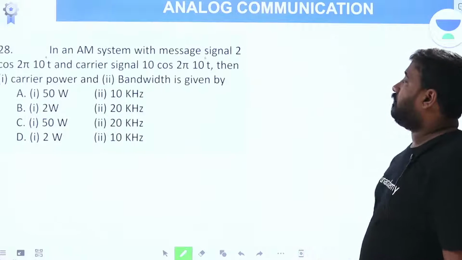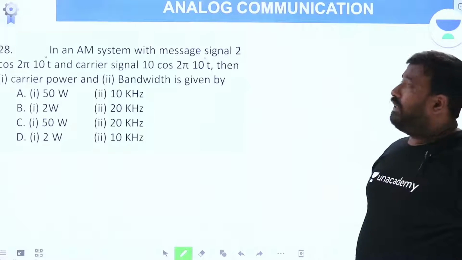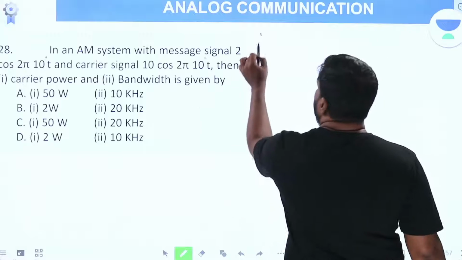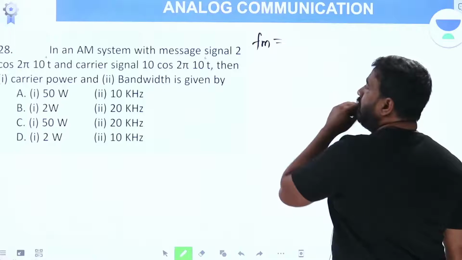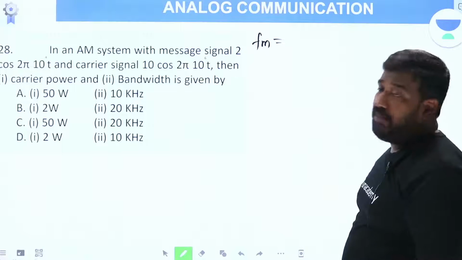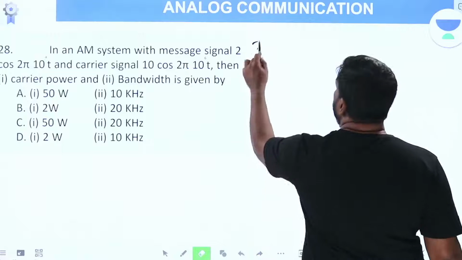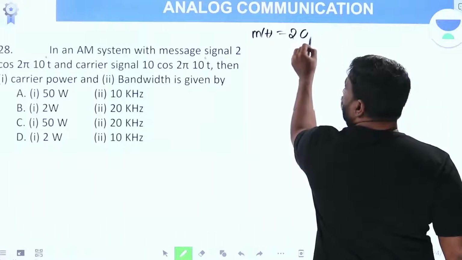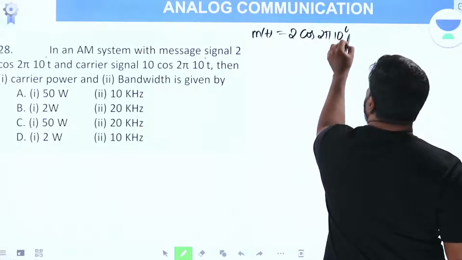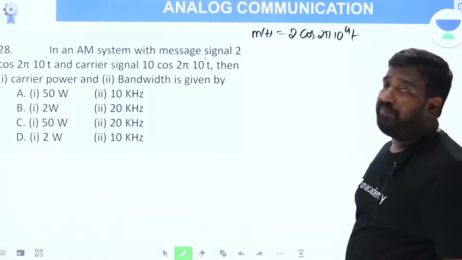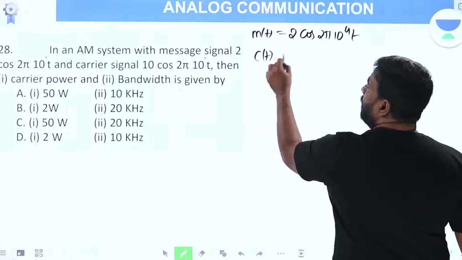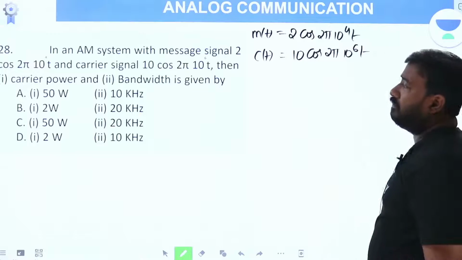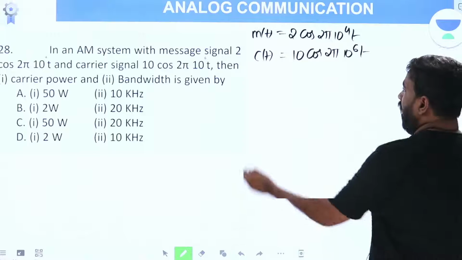Next, in an AM system with a message signal, let me take m of t. m of t is given as 2 cos 2 pi into 10 power 4 t. The carrier signal is given as 10 cos 2 pi into 10 power 6 t. Then find the carrier power